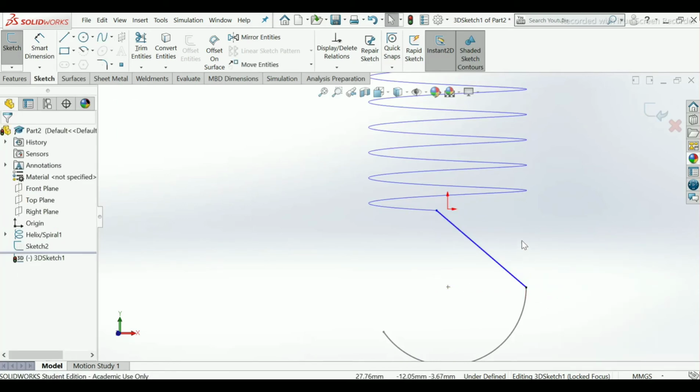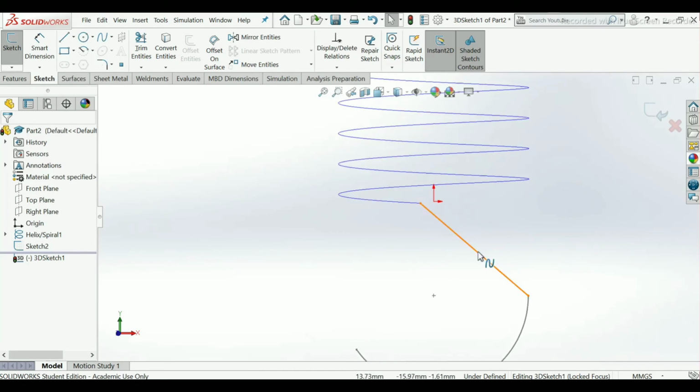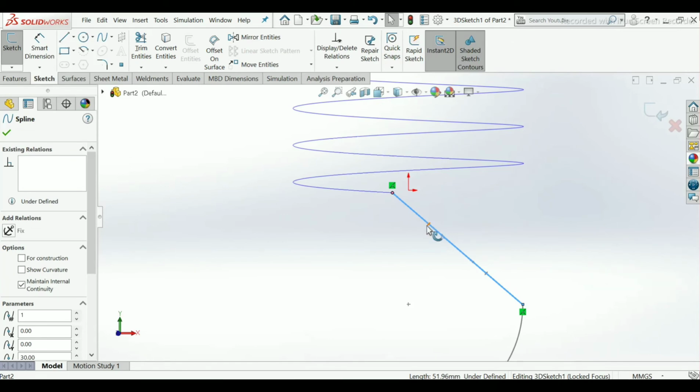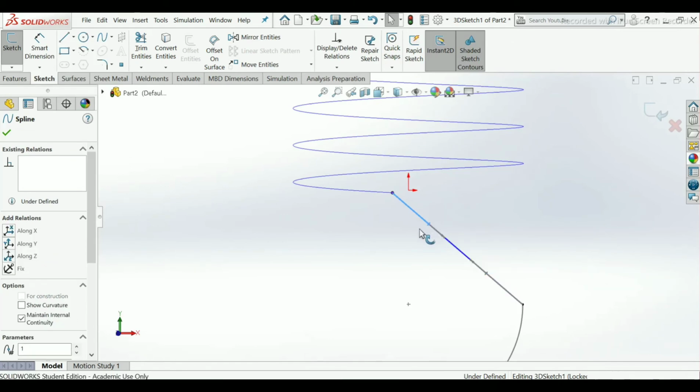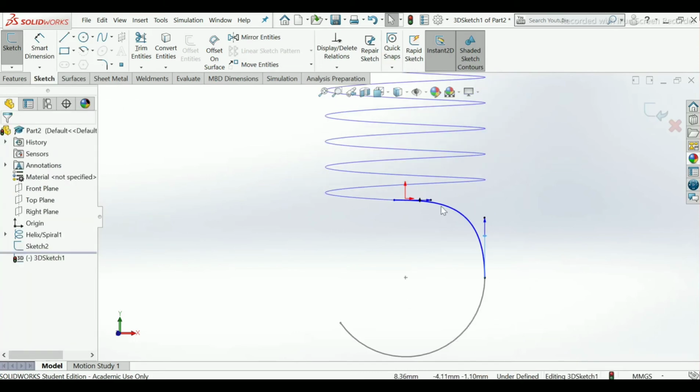Select OK. Now we have to give some directions here, so select this line, this end point, make it horizontal, and the second one you can see, take this, make it in Y axis, OK.